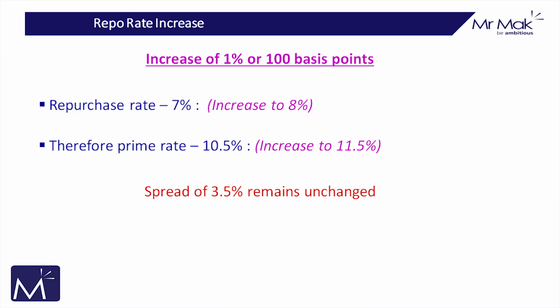So if the MPC believes inflation is going to breach the upper threshold, it's going to increase or go above 6%, what they do is they say, we are going to increase the repo rate. Yeah? They're going to increase the repo rate. So let's say they increase the repo rate from 7% to 8%. If the repo rate goes from 7 to 8%, that means that the prime rate of interest is going to go from 10.5% to